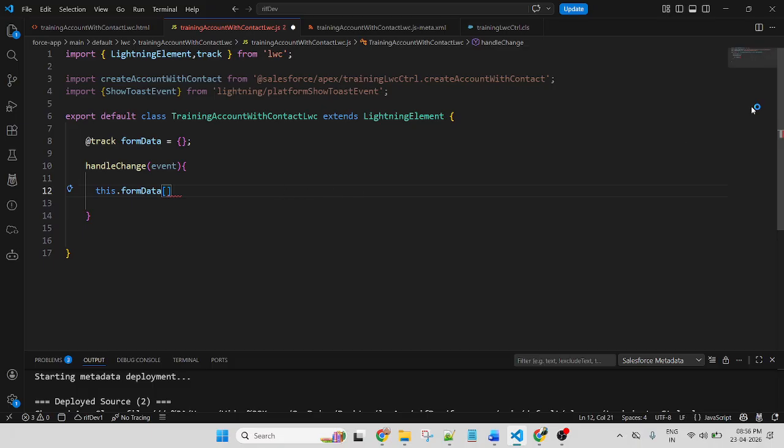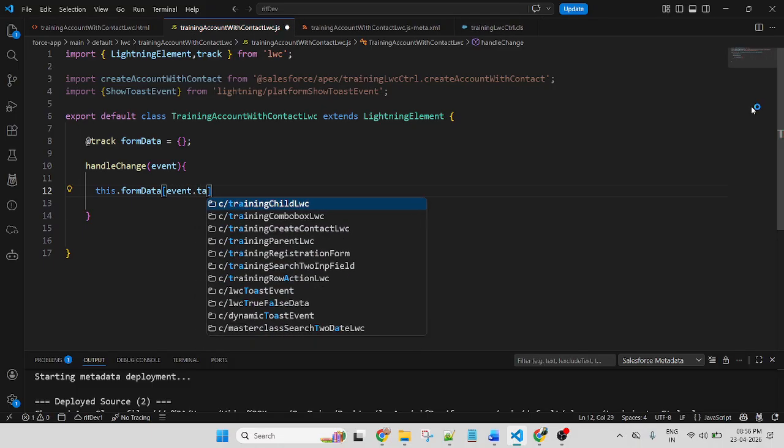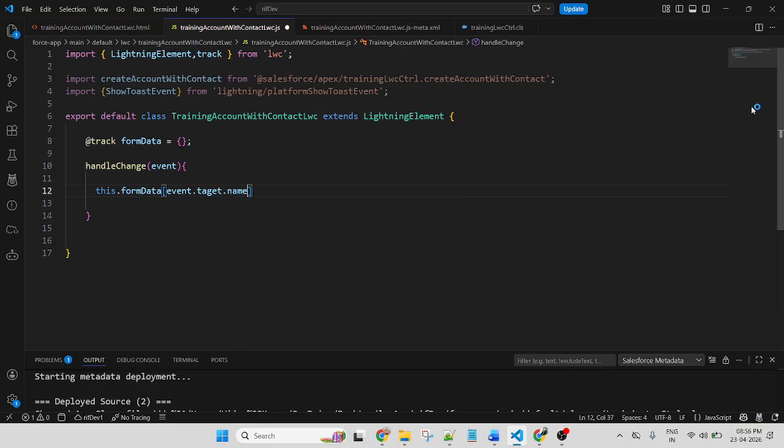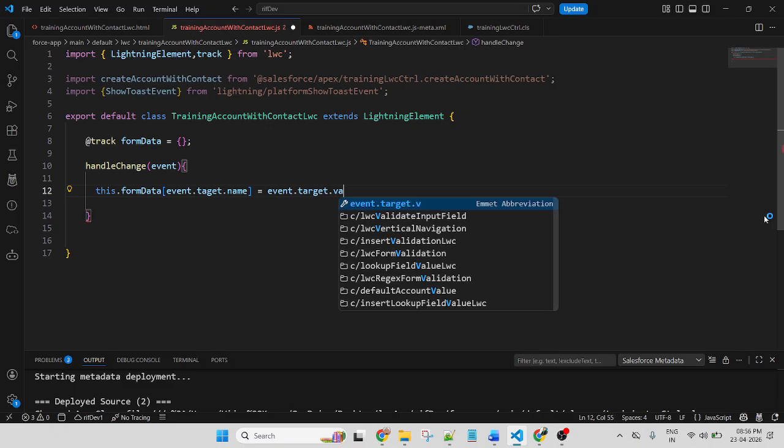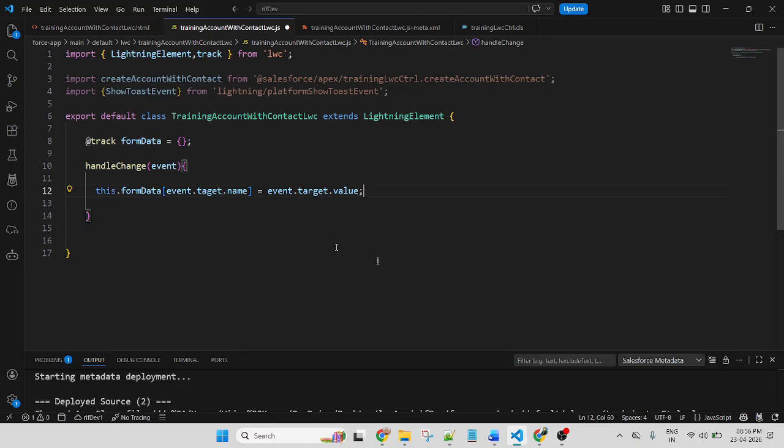How to get it? event dot target dot name equal to event dot target dot value. So this is an object, and it will be treated as a key and value in the function. Now I'm putting all of the inputs with values inside this object through the handle change function.